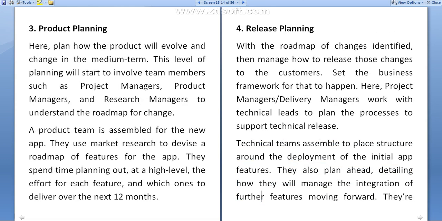Then product planning. So product planning, when you adopt the agile methodology, it will plan how the product will evolve, the change in the medium term. This level of planning will start to involve the team members such as the project manager, that is the scrum master, then product managers and research manager to understand the roadmap of the change. Suppose